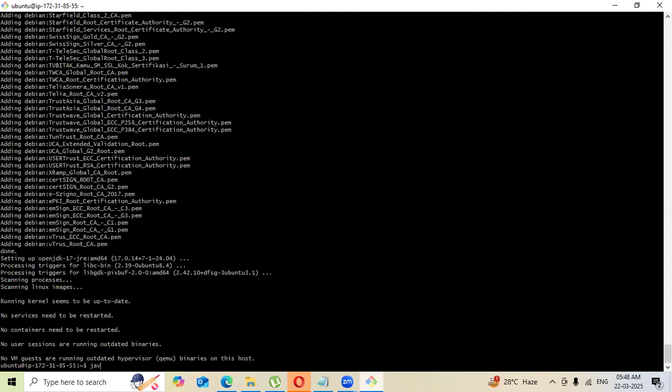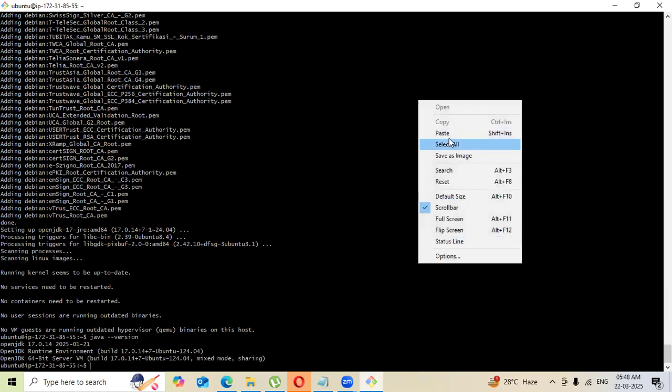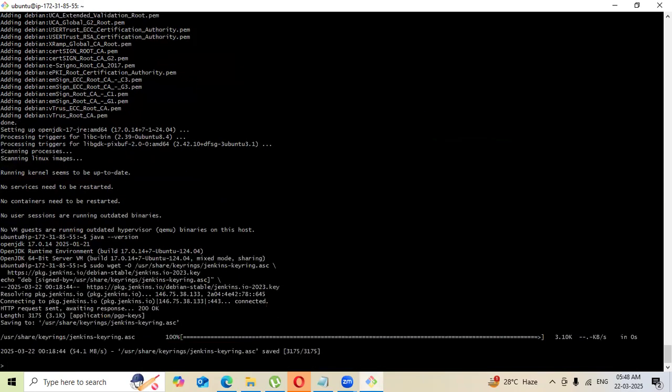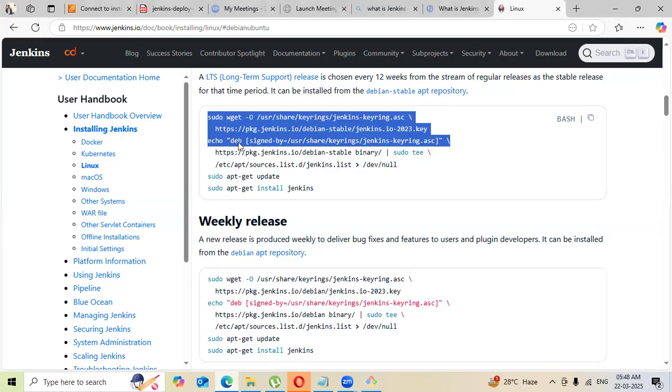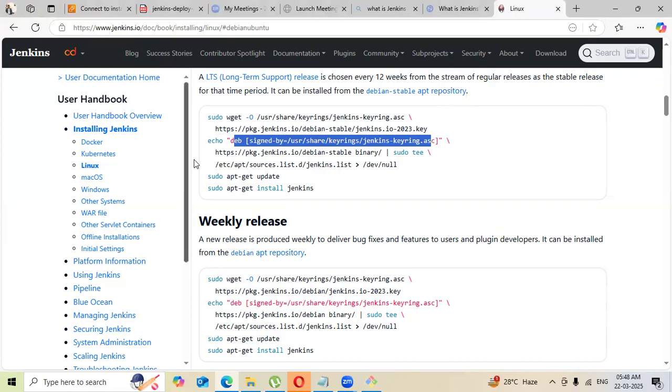Okay. Java hyphen version. So 17 is there. Yeah, good to go. So I've run this command, sudo wget. What is it going to have? It's going to have the key, right? It's going to have the key. After this,